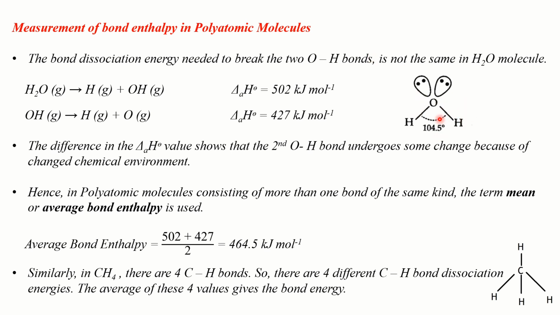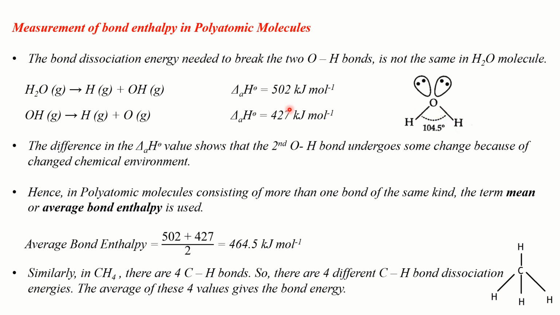In water molecule, there are two OH bonds and you may naturally expect the bonds to be identical in nature, but they are not so. Now look at the bond dissociation enthalpy of the two OH bonds of water. They are different from one another. So the first OH bond of water molecule is not the same as the second OH bond of water molecule.